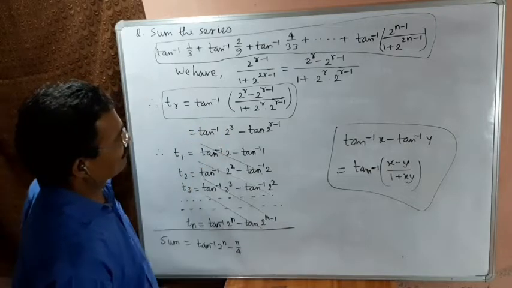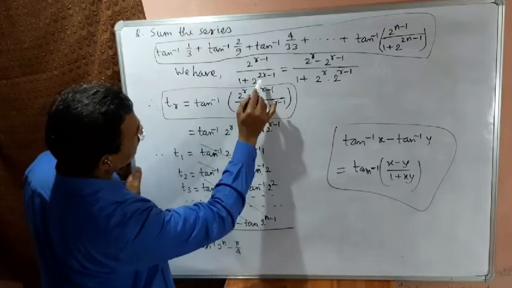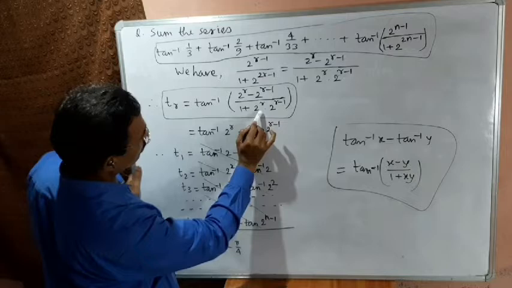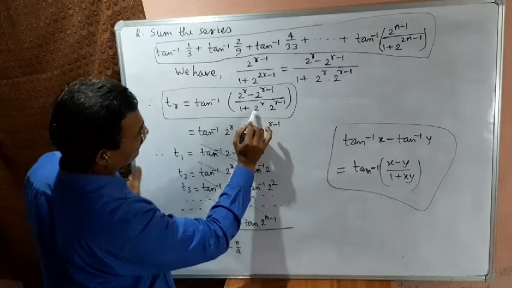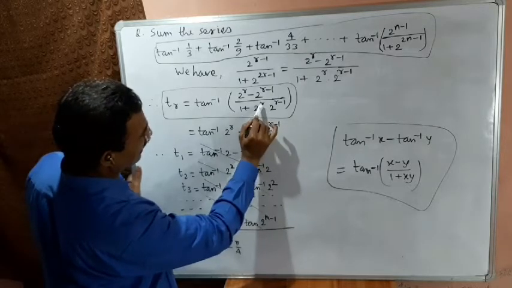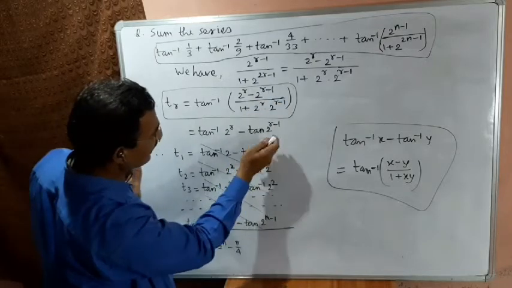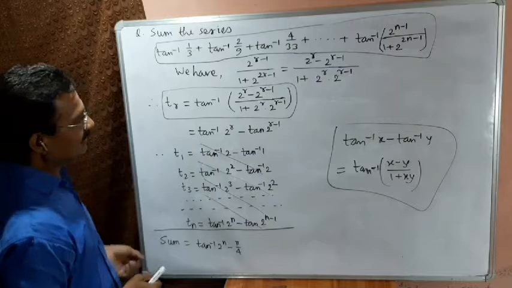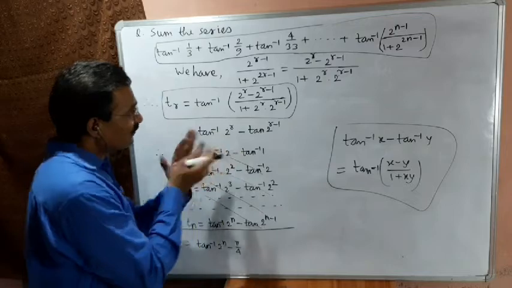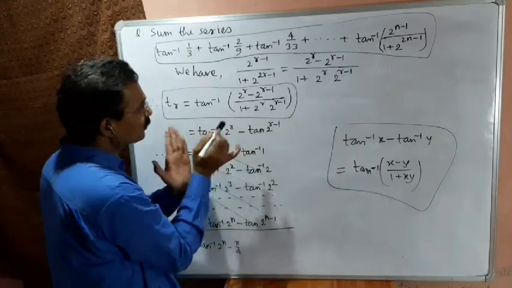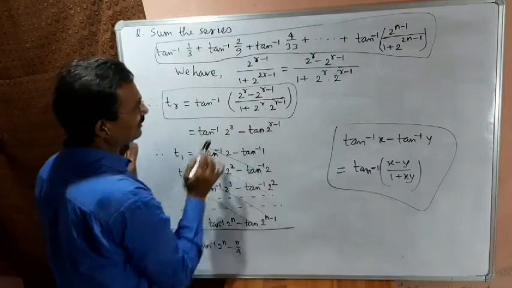By hit and trial, we can find this like this: 2 to the power r into 2 to the power r minus 1. Bases are the same, therefore powers will be added, and finally after calculation this will be 2 to the power r plus r minus 1, that is 2r minus 1, that is this. So this can be split into factors like this, but splitting into two factors is not enough. These two factors should be such that the difference of these two should be equal to the numerator. In the numerator there is 2 to the power r minus 1.